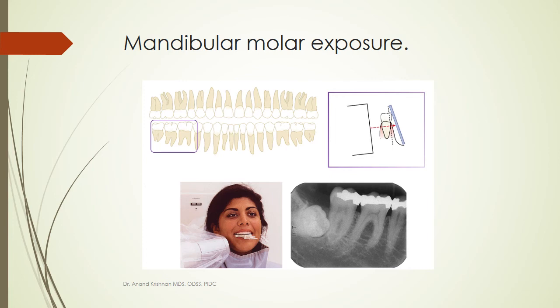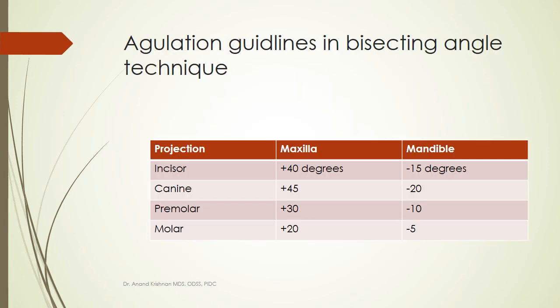Okay, so just keep this in mind. Don't get too confused. We'll discuss this further as we talk about it during the demonstrations. So remember this: for the mandibular, most of the projections, especially the posteriors, the angulation will be very little, whereas for the maxillary it will be a little more. Just keep this in mind. So again, to reiterate, this degree of vertical angulation, learn this by heart, or just record all these angulations in your mind.